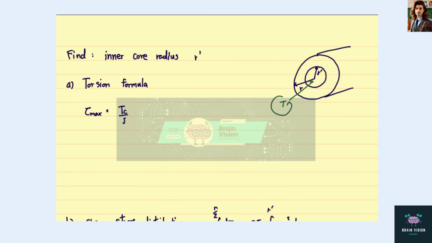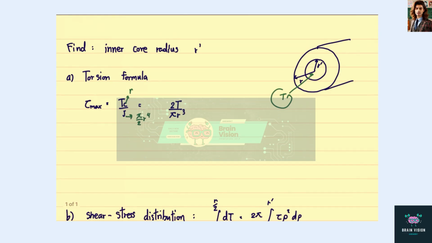So from the torsion formula, we will have that tau maximum is equal to Tc over J, where c is actually R, right? And J is pi over 2 R to the power of 4. So we have that tau max is actually 2T over pi R to the power of 3. And if we want to find R_i at T equal to T over 2, so we'll have that